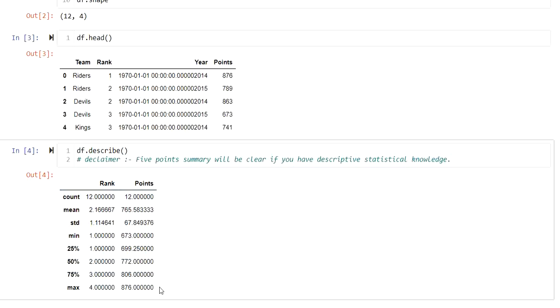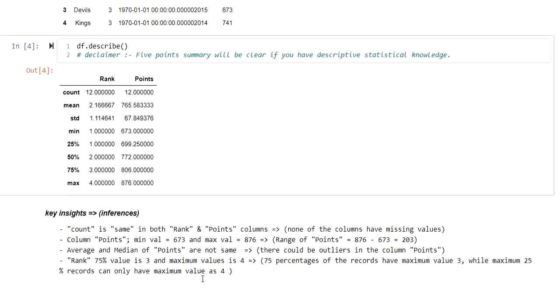Now let's have a quick glance and go point by point. We'll start from missing values, and then we'll go to the statistical inferences. Here are my observations. While observing these points, I could see the minimum value of rank is 1, and the minimum value of points is 637. So clearly I don't have data issues, at least from human error or migration error.